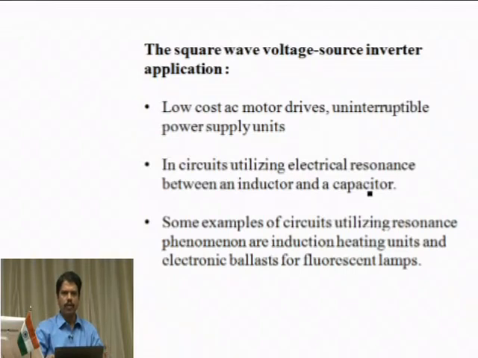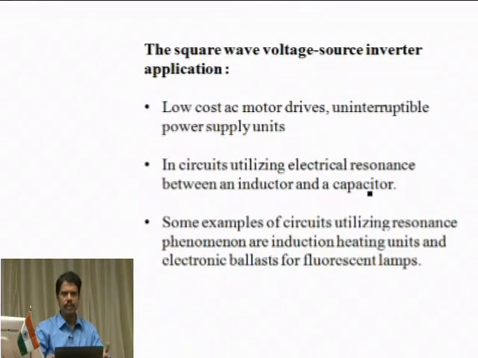In AC motor drives, if you want to vary the speed of an induction motor, we need variable voltage and variable frequency. The frequency of the AC supply will be fixed. That is why we use an inverter. With a DC supply given, the DC supply is converted to AC. By varying the switching frequency, we get a variable output AC frequency. That is how we can vary the speed of motor drives.